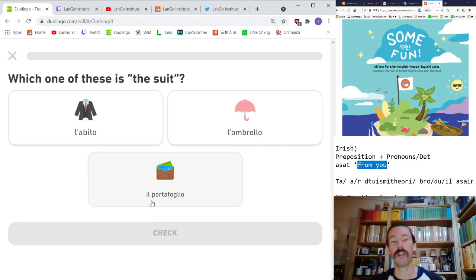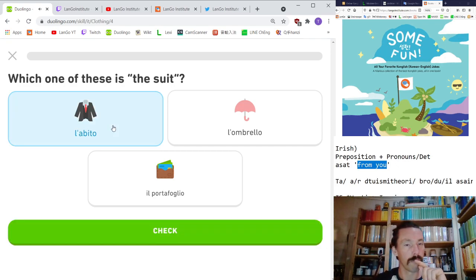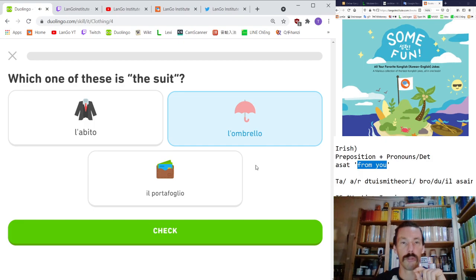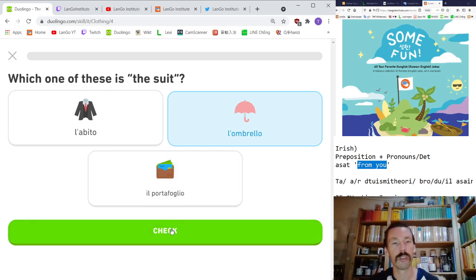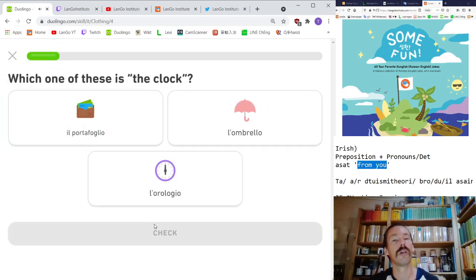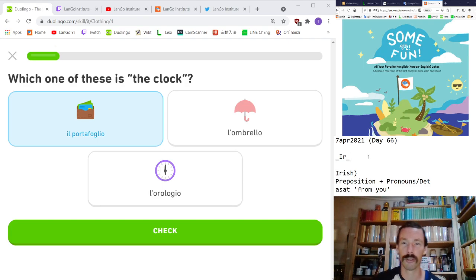Clothing is our topic here in Italian. Suit, abito, from the verb of wearing. L'abito. L'ombrello. Ombrello, it's really a long L, not the lia in other Romance languages. The lia is shown by GL, probably always followed by an I. Do you know any exceptions, Levi? In Italian, GL with some other vowel? L'abito. L'orologio. Il portafoglio. Look at, what's this compound type, Levi? Portafoglio. And what related words do you know?